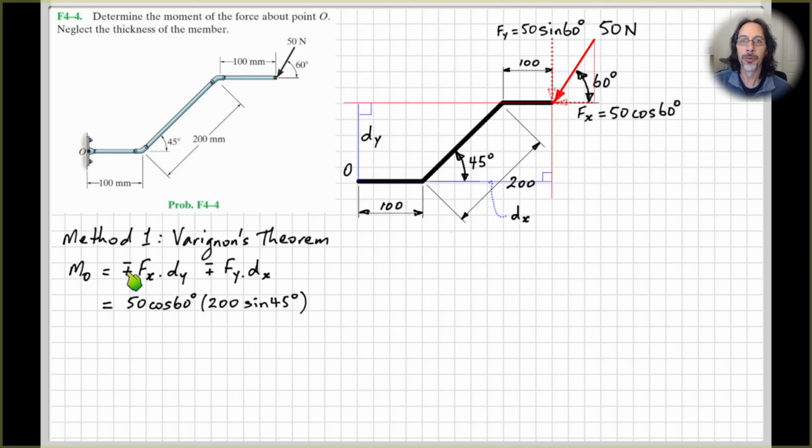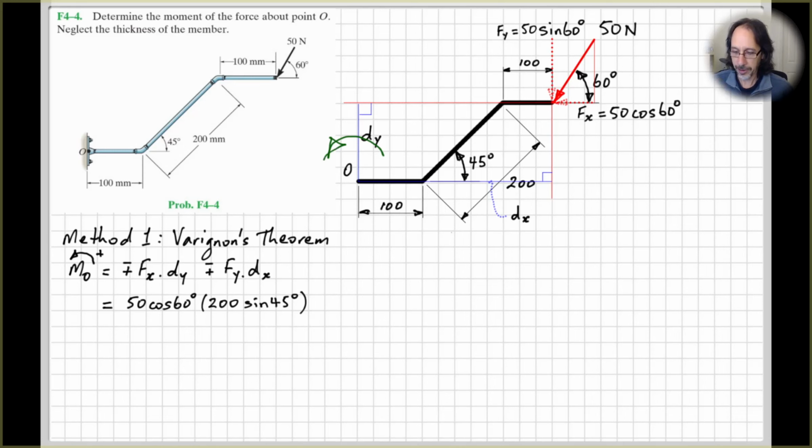Now we need to know whether we put plus or minus in front. To do that, we need to indicate what we're considering to be a positive or a negative moment. I pretty much always indicate anti-clockwise as positive for a moment, because usually x is positive to the right and y is positive upwards. So in that case, anti-clockwise is strictly correct for the moment. Here we have this force, 50 cos 60 times dy, and that will tend to rotate